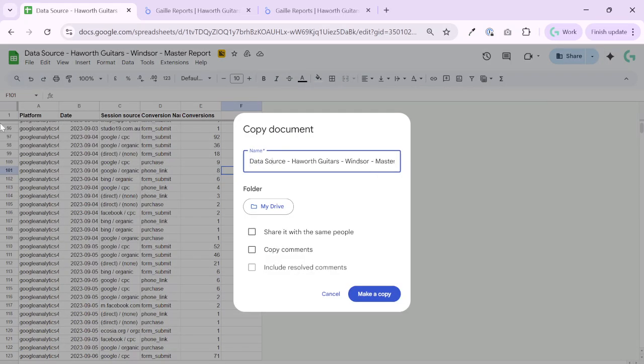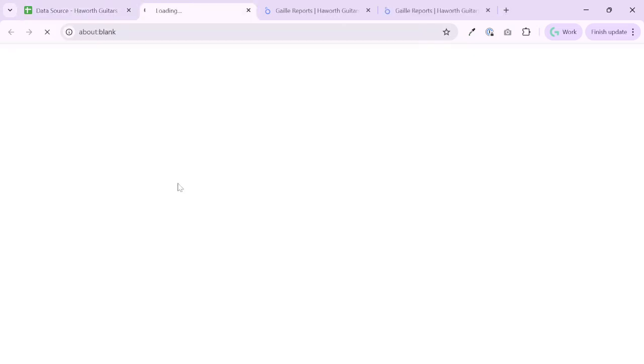You can call it, I don't know, client 2. You make a copy. You can share with the same people. Make a copy. When you make a copy, you go to